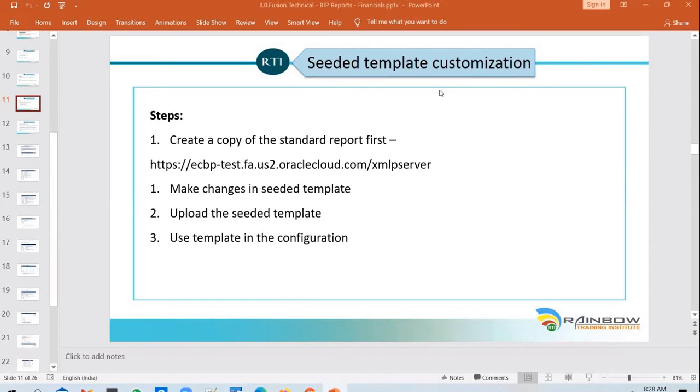For example, initially we didn't have an option to migrate the functional setups either. But then we got the configuration package, and now we have an option to migrate the setups as complete setups from one instance to another instance, and you have fine-grained control over there. But at the moment, I believe we don't have anything available for security, but very soon you might get one. And the same applies to ESS jobs.